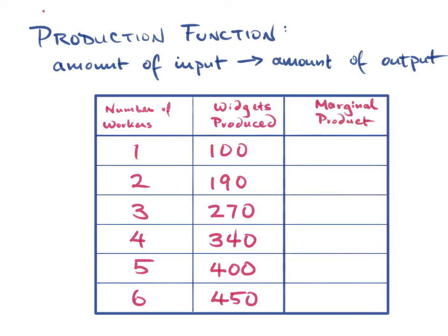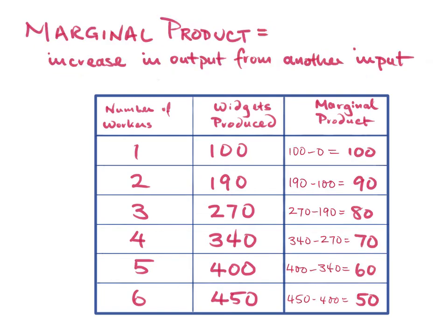I'd like to add a new column to this table for the marginal product of each worker. The marginal product is the increase in output when the firm employs this worker. Or maybe to make things simpler, the amount of output this worker produces. So again, that's called the marginal. Remember, the term marginal means a small change, a small incremental change. So in this case, it's the change in output for an extra worker. Here's how much each additional worker contributes to productivity.